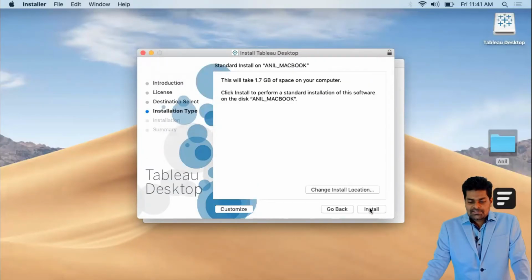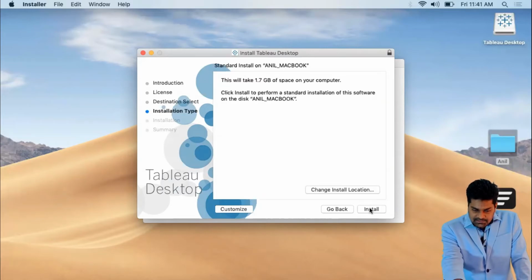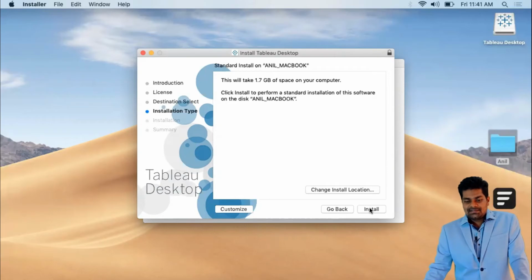Then click on Install, or choose another location, because this setup will take 1.7 GB of space on the Mac. If we don't have space, we can delete some old, useless downloaded files and make space.